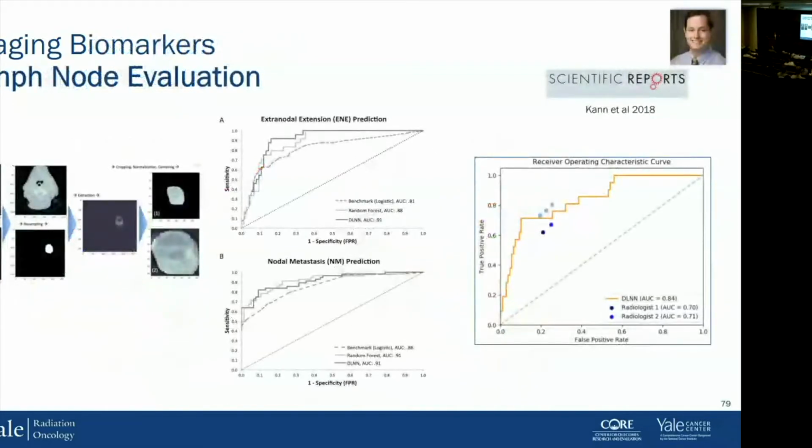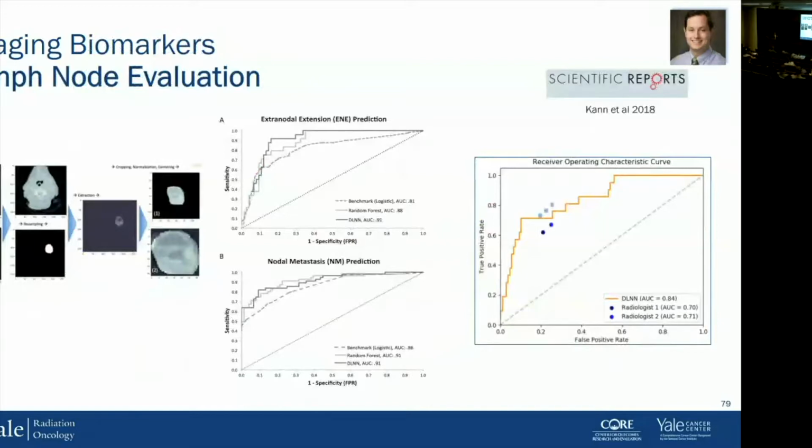Now, it doesn't only apply to lung tumors. We've actually seen that this is a very, very effective way in which we can evaluate lymph nodes as well. This is some work that was done by Benjamin Kahn, who was our former chief resident, who's now at Dana-Farber, which was essentially identifying lymph nodes that, one, have cancer, and secondly, have cancer that's spread outside of the lymph node. This is particularly important in the context of head and neck cancer patients, because it is a way in which we determine whether or not the patient needs chemotherapy or not.